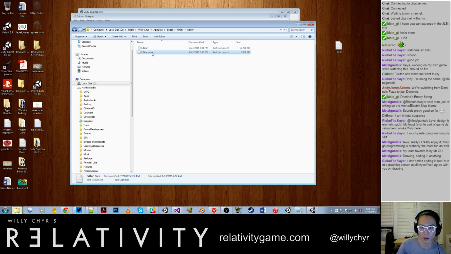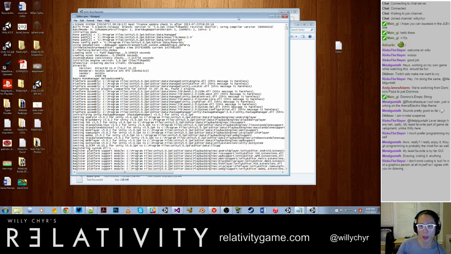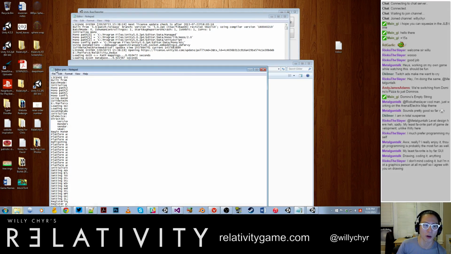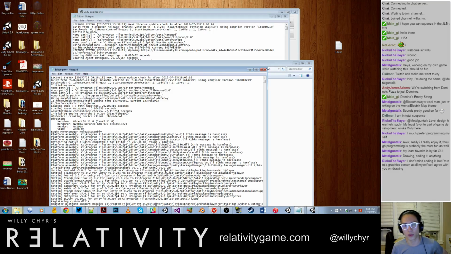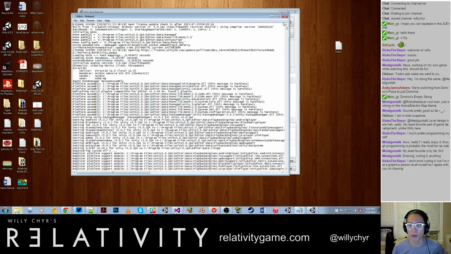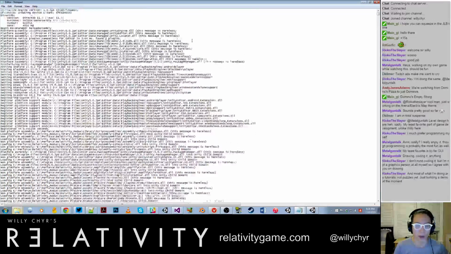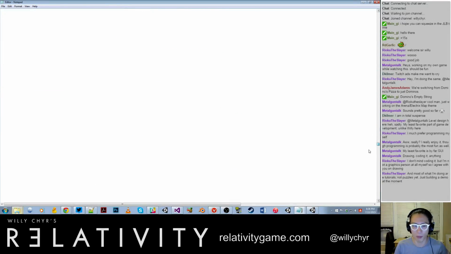Why is this having a problem opening? Okay, I guess you don't want to open Editor, you want to open Editor-prev. No, but I think that's my previous editor. Okay, never mind. Oh man, I could have just used the previous editor log. But anyway, this is the editor log file, and if you go to the very bottom,